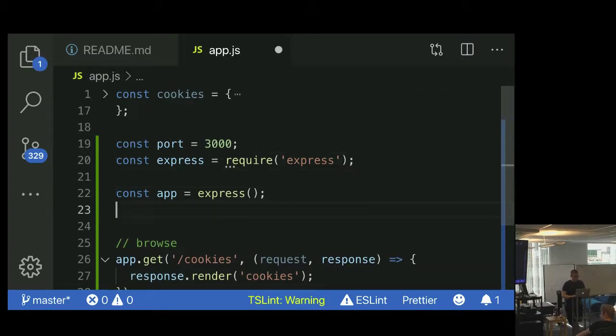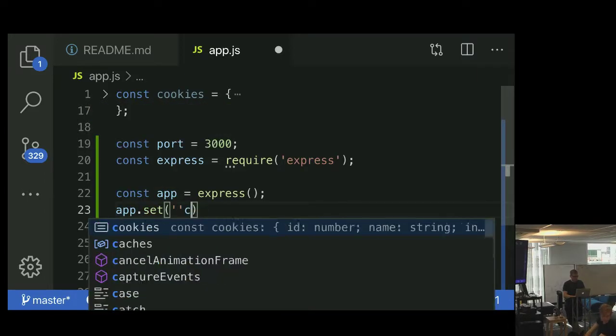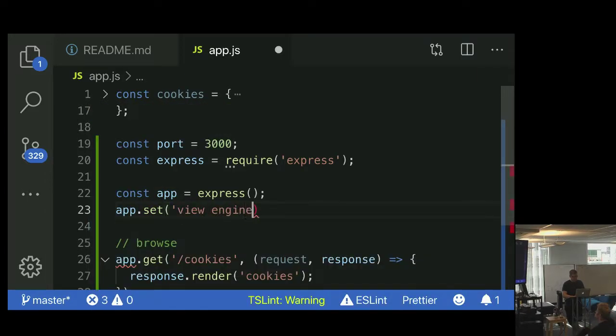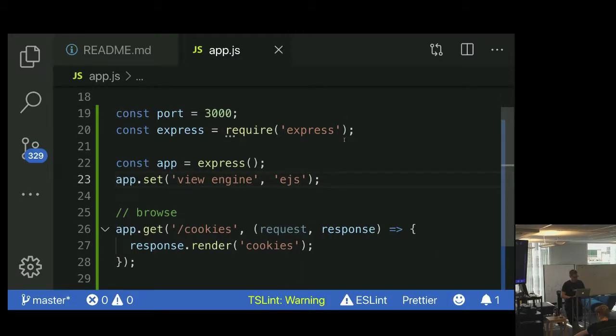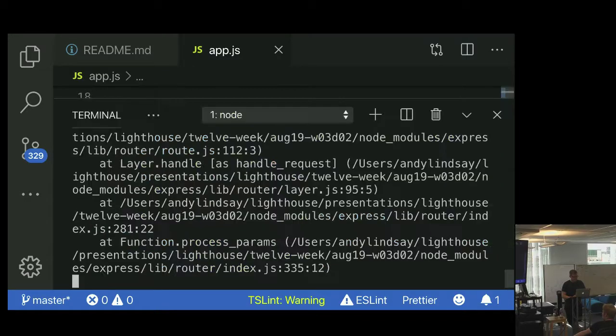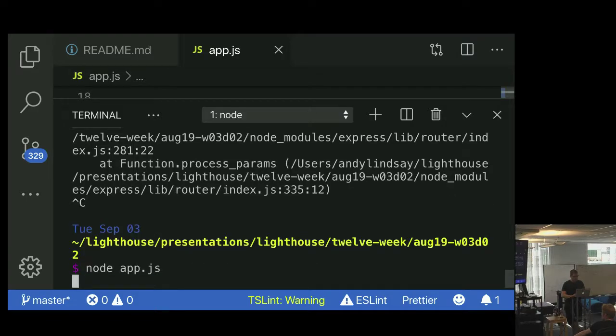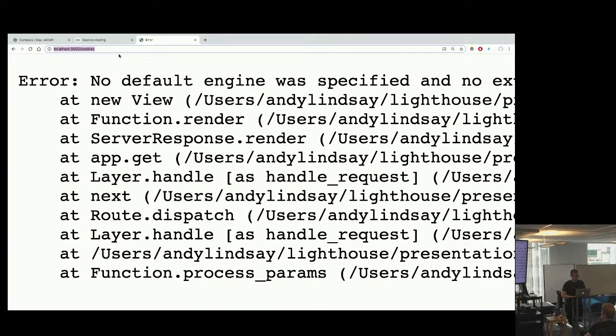So we've got our app. We say app.set view engine EJS. Okay? So now we've got our view engine set up. We told Express, listen, whenever we call render, we want you to render the cookies template, the EJS template. Kill our server, start it back up again, visit /cookies,